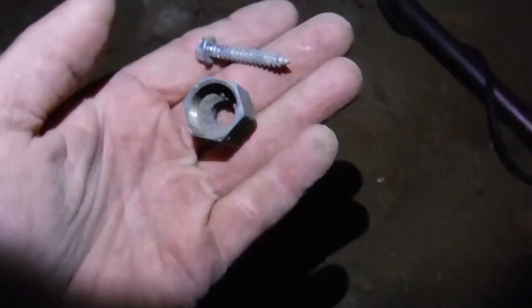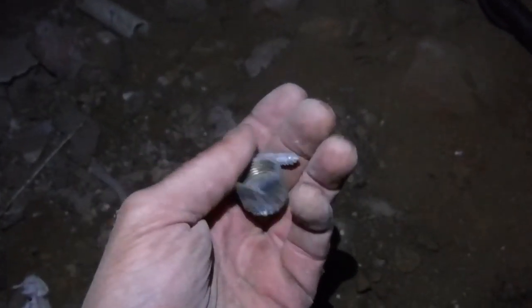Look at all the old brick in there. Man, that's a good sign right there, old brick. We'll check it out with the metal detector to see if there's anything mixed in with it. All right, stay tuned. All right, well, underneath this old building here, 1700s, all I'm finding is some modern stuff